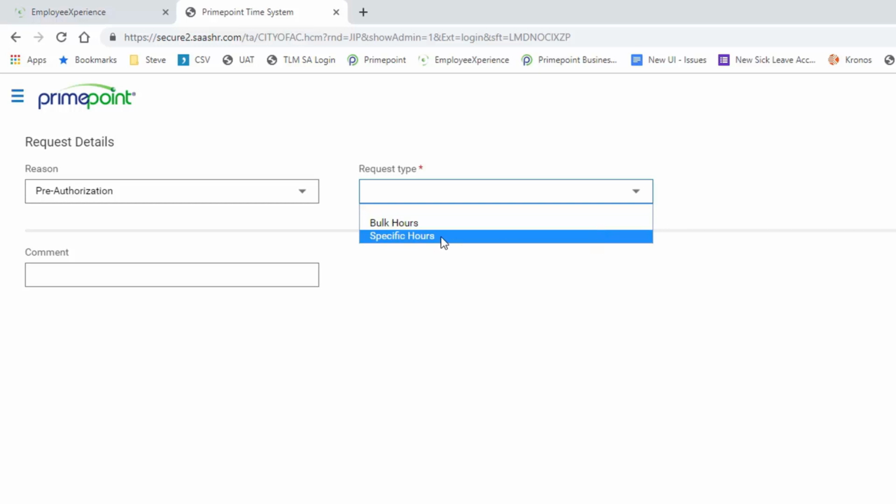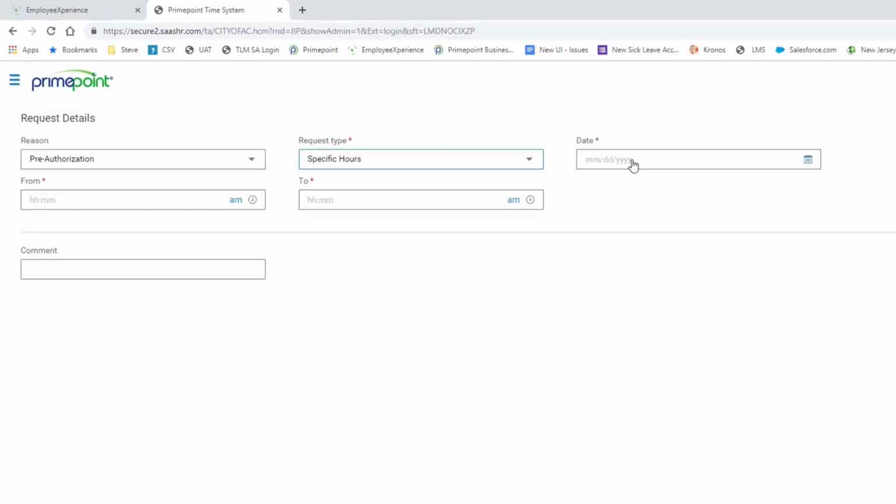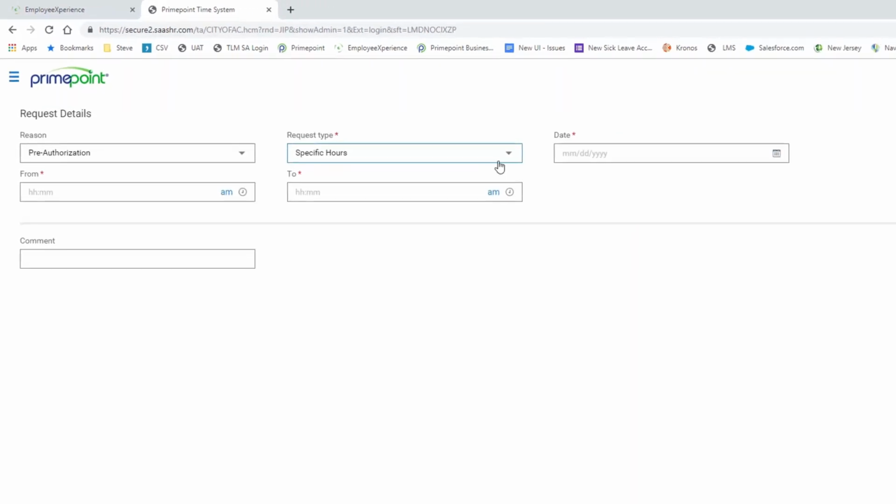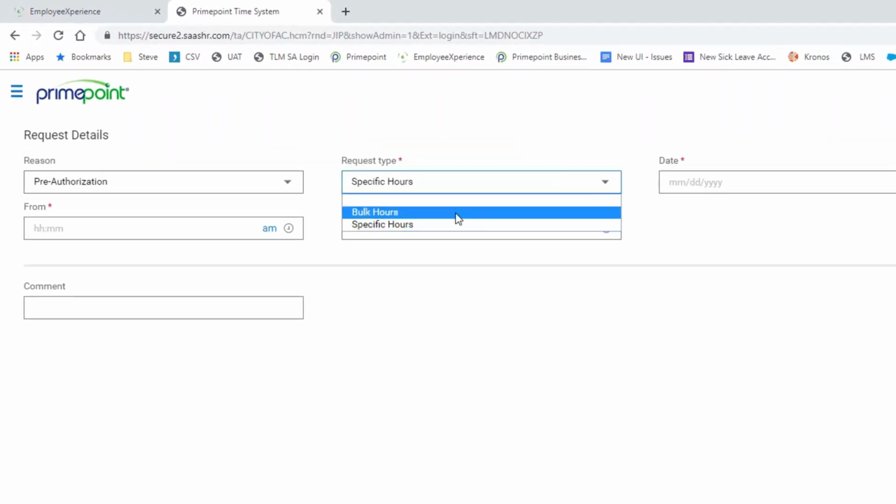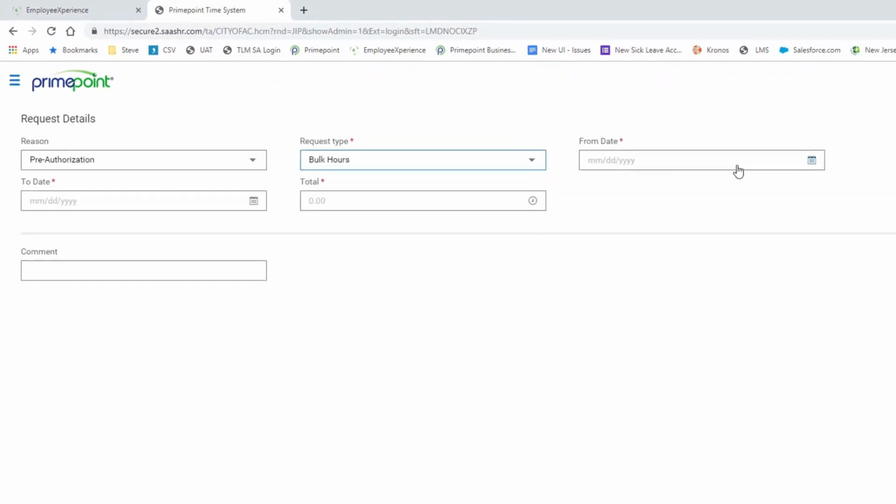So if you know the exact times that you're going to work, you could say specific hours, where you could choose a date and from and to times. Or if you don't know the exact hours, you could say bulk hours, where you could just choose the date, so June 28th, and the total number of hours, 4.0, and then the comment might be fire detail